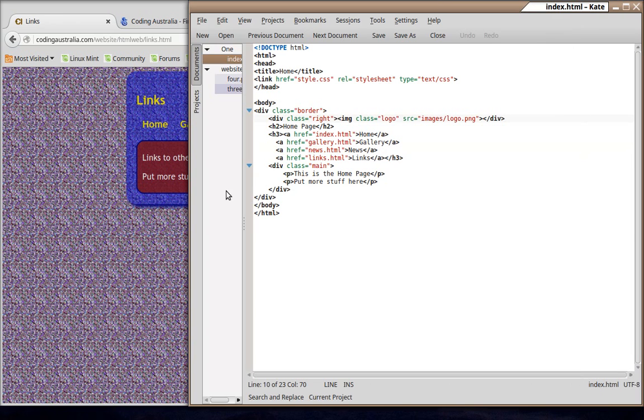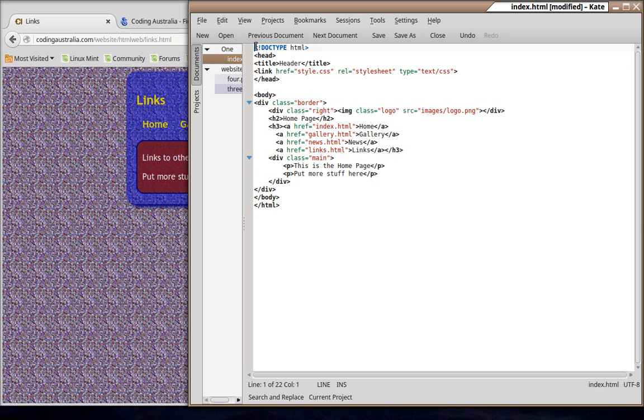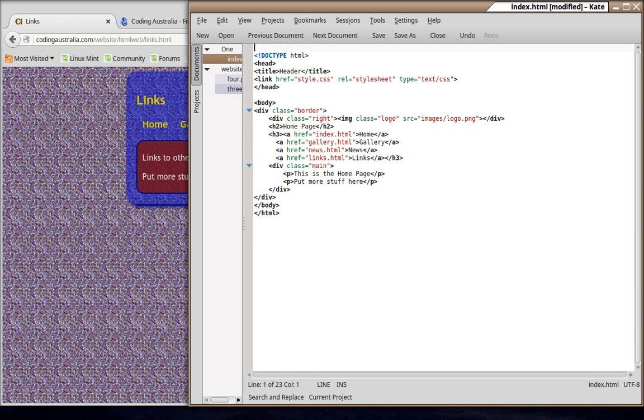Now the way we do that is, first things first, we're going to create a header file. We're going to turn most of index, not all of it, but most of index, into the header file. I'm just cleaning this up a bit. When you use PHP, you tag it like this. So anything that's got PHP in it opens with that tag. For the moment, this is just going to have the name of the file at the top, and you close it like that. And in here we're just going to go back to my website